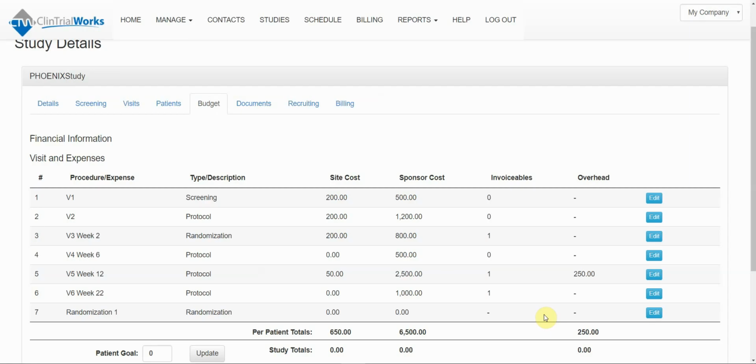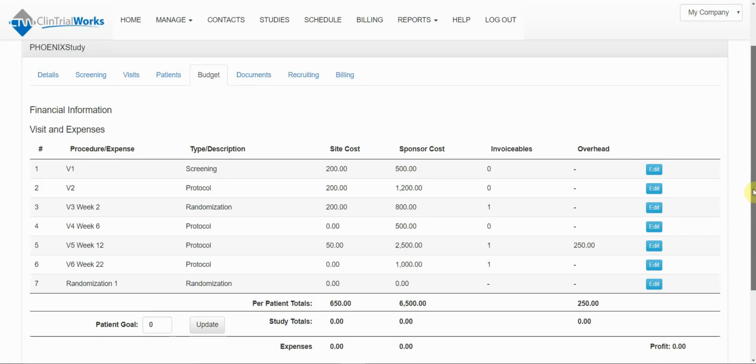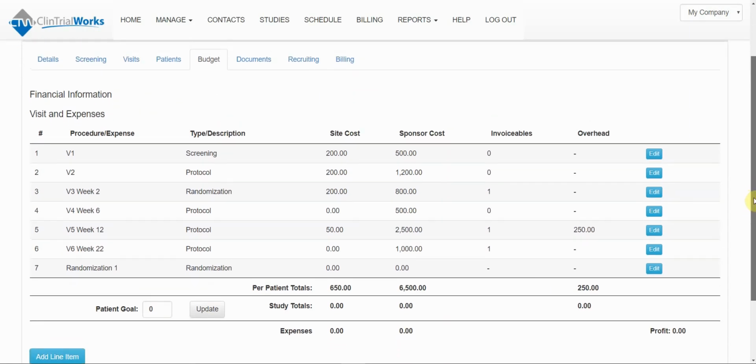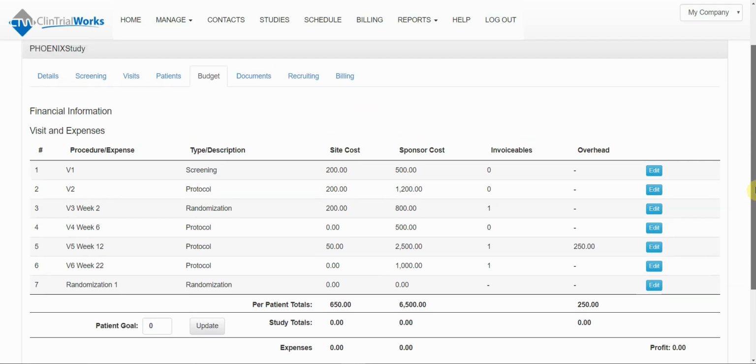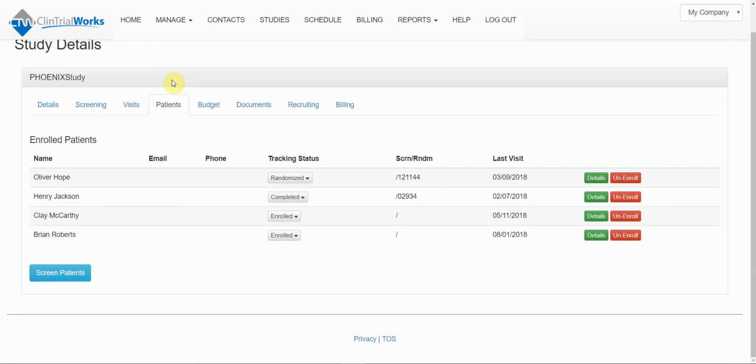Okay, so once we get the budget set up, then from that point, we can start tracking our patients through the visit. One thing I skipped over was this patient section just because I wanted to make sure that it made sense. We set up our patients, we've added a study and the budget, and now you're ready to start looking at your patients within the protocol,